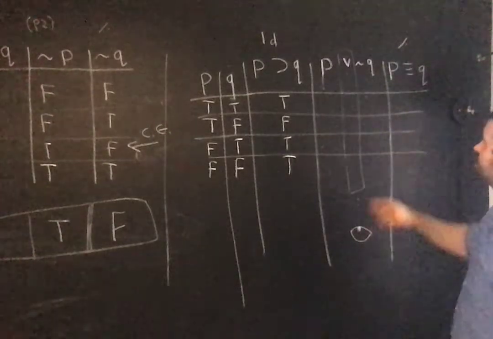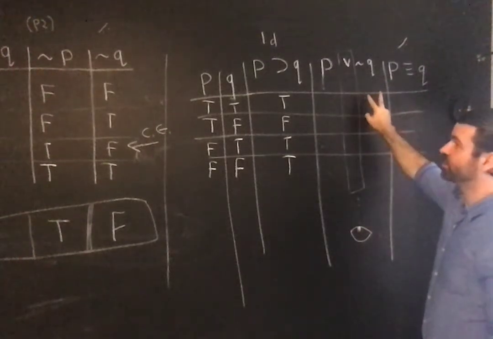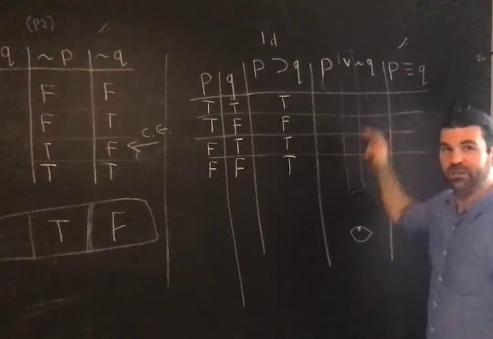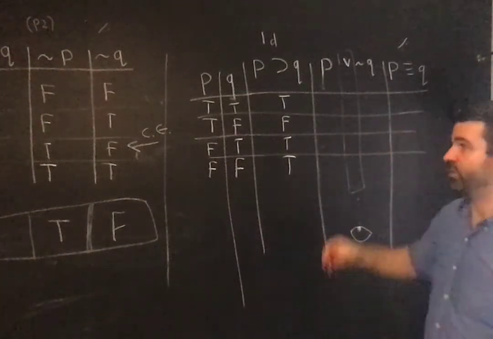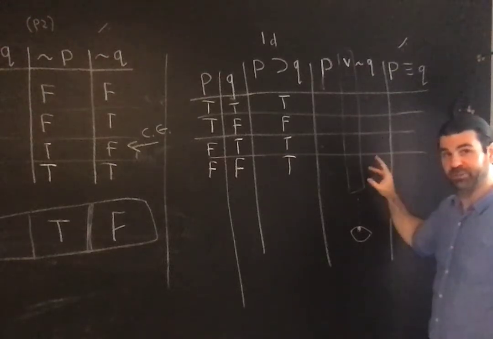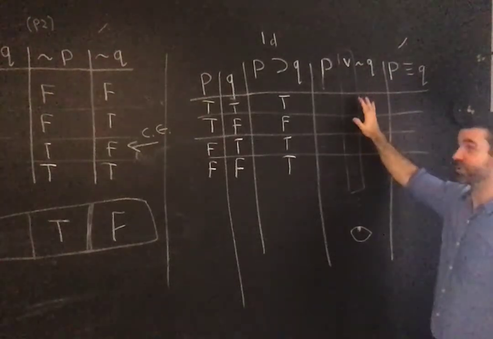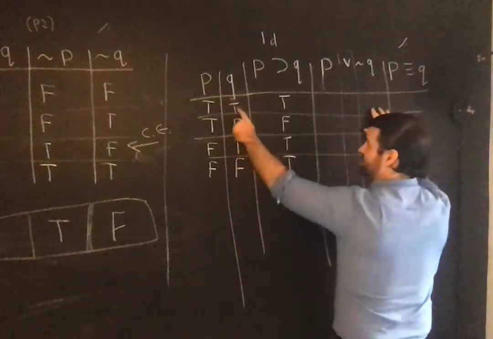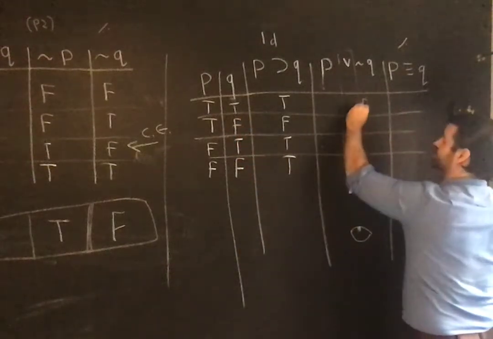Okay, so let's do it. Let's compute it. So first I compute not Q, because I need to know the truth value for each row of not Q in order to then be able to compute the truth value of P or not Q. Not Q is just the opposite of Q, so it's false, true,